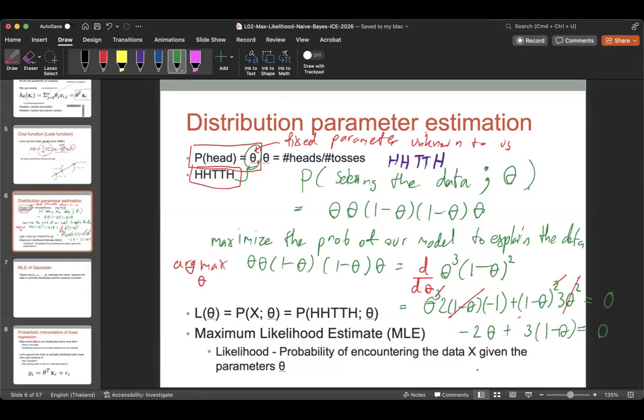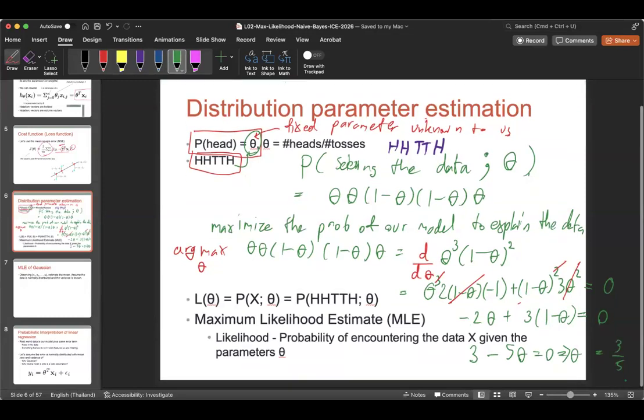Which is, or theta equals 305. All right, which is what we expect. All right, what we expect, that okay, the theta is 305. All right,